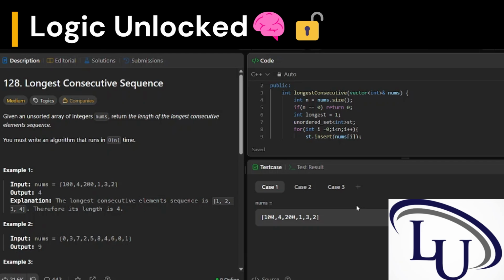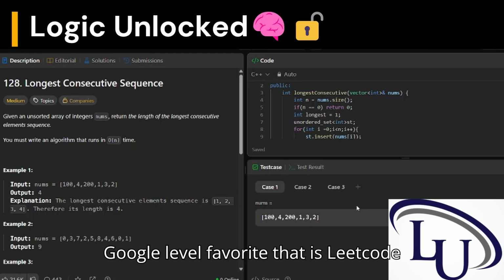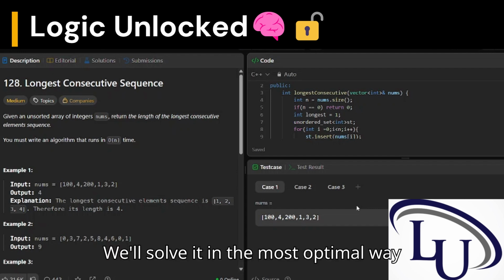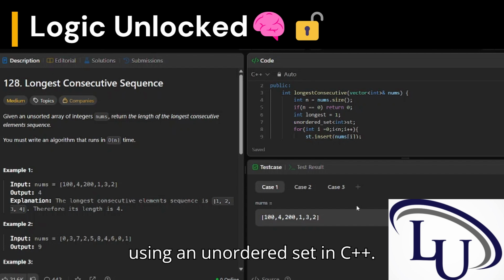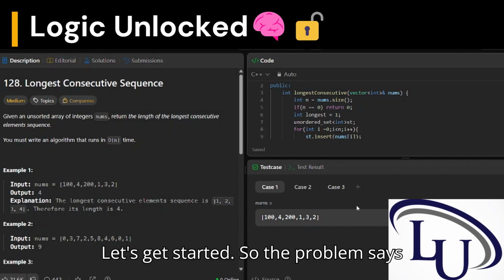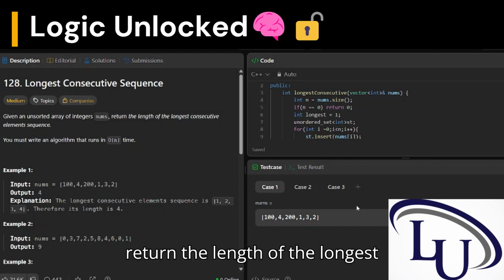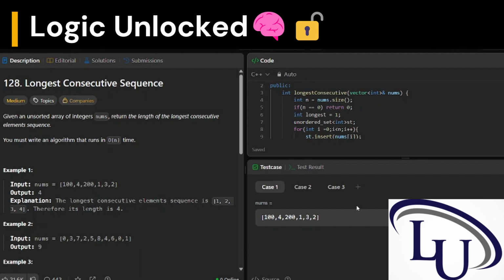Today's problem is a Google-level favorite, that is LeetCode 128, Longest Consecutive Sequence. We'll solve it in the most optimal way using an unordered set in C++. Let's get started. So the problem says, given an unsorted array of integers, return the length of the longest consecutive